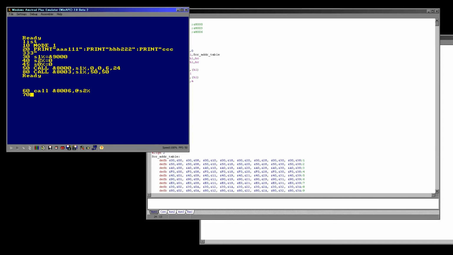So 70 will be, try and avoid any more bugs by just copy pasting this. So we're going to load in sprite 2. We're going to load it from X position 6, and it's going to be 6 wide and 24 tall again. So this is going to pull in the 1s, the 2s and 3s as a second sprite,